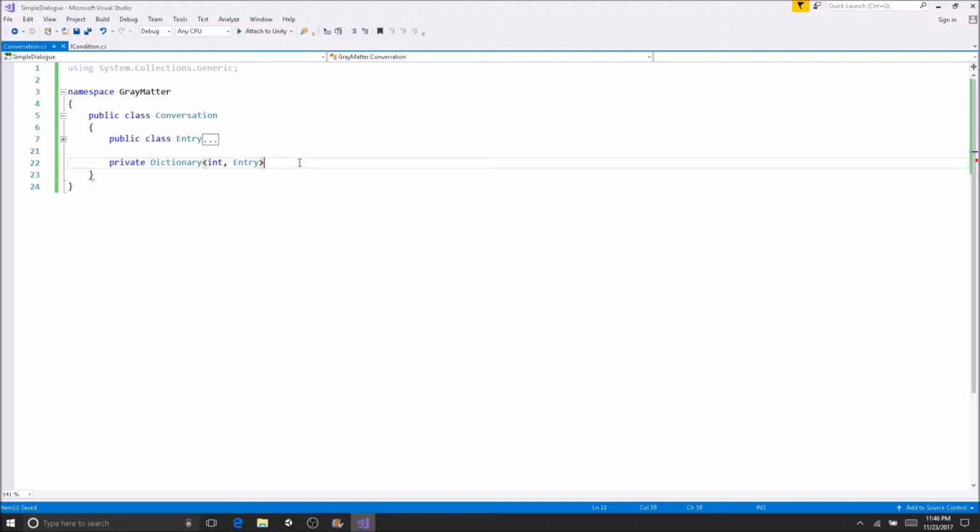I could also just have it as a list, but I think the easiest way to store this would be as a dictionary because I'm going to store and reference all of these entries by IDs, and that's going to be using an int. And if I store it as a hash set of integers, it's not going to allow me to store something with the same integer ID, but I don't know. I just think that this is the best way to do it. I'm going to call this entries, but the reason I'm doing it like this, where the conversation has a reference to every single entry within the conversation as opposed to the entry having a reference to the next entry, is that